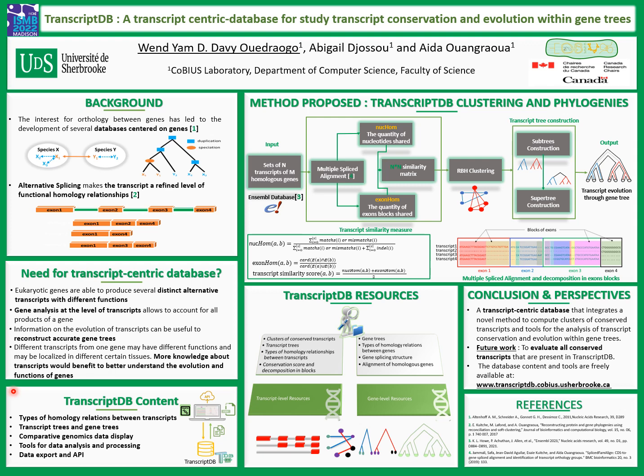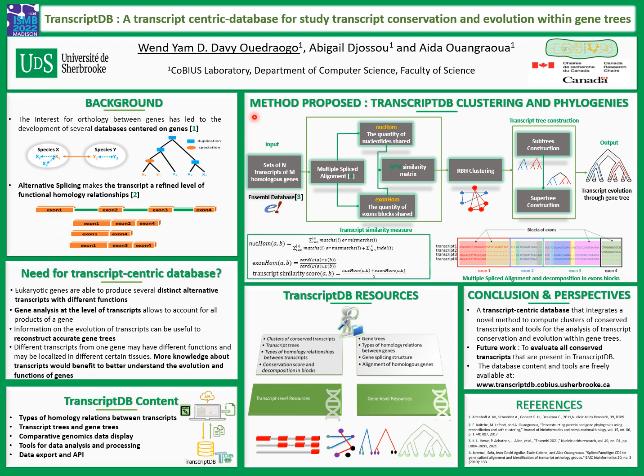The database provides relevant clusters of conserved transcripts, and transcript phylogeny is computed thanks to a new transcript similarity measure. We developed two algorithms: a clustering algorithm to get conserved transcripts, and a transcript phylogeny algorithm to reconstruct transcript trees. For this purpose, we developed the transcript similarity measure, which is the half of the sum of two scores called respectively deg-om and exon-om. The deg-om accounts for the quantity of nucleotides shared, while the exon-om accounts for the quantity of